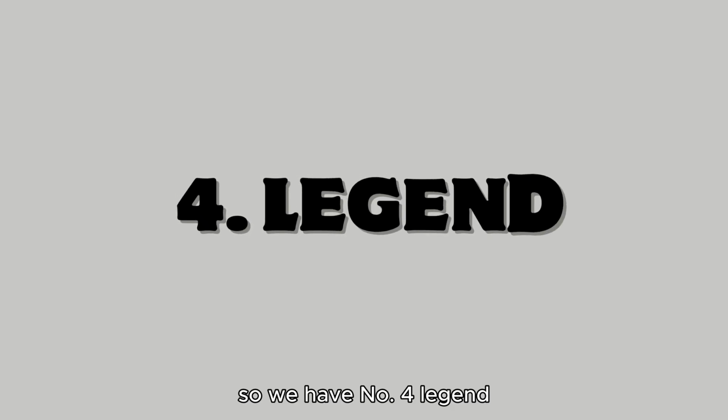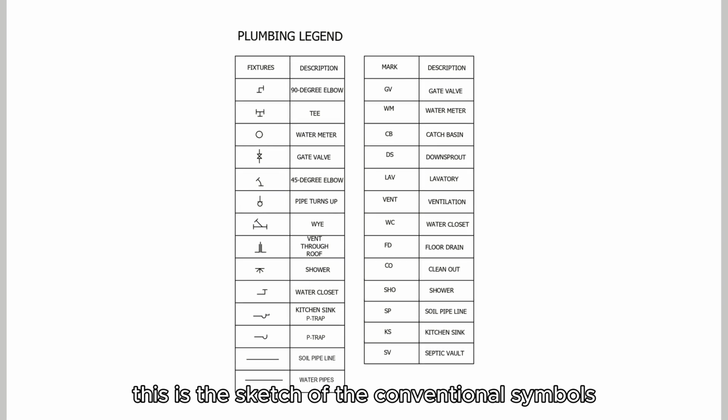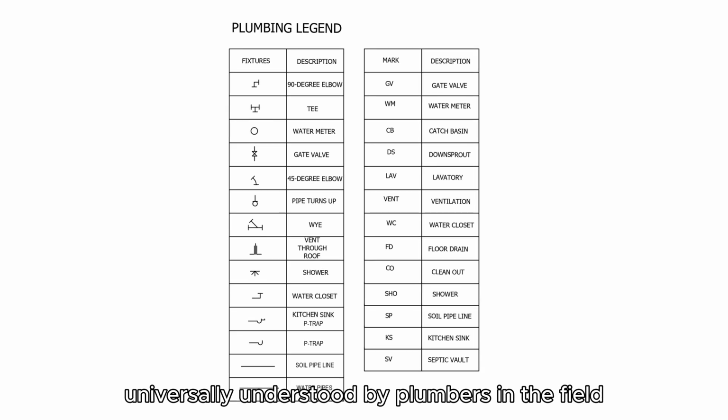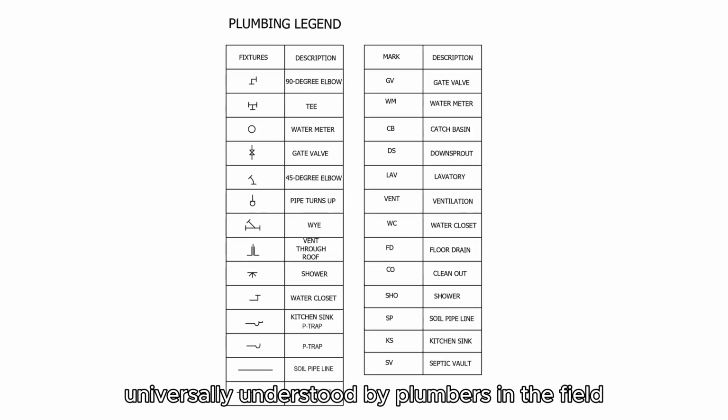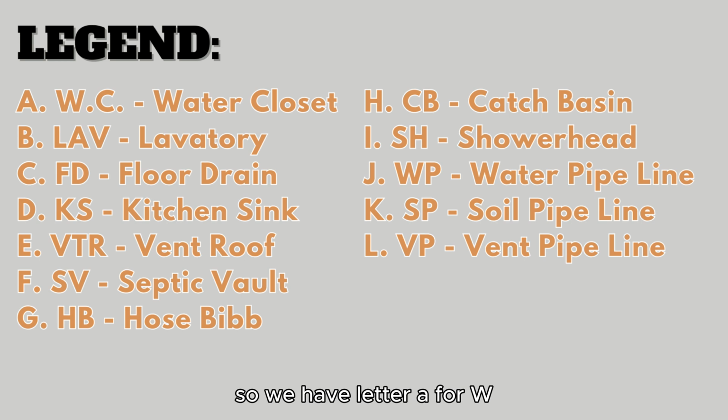So we have number 4, legend. This is the sketch of the conventional symbols in the layout, as well as the abbreviations universally understood by plumbers in the field. So we have letter A, WC, water closet; B, LAV for lavatory; C, FD for floor